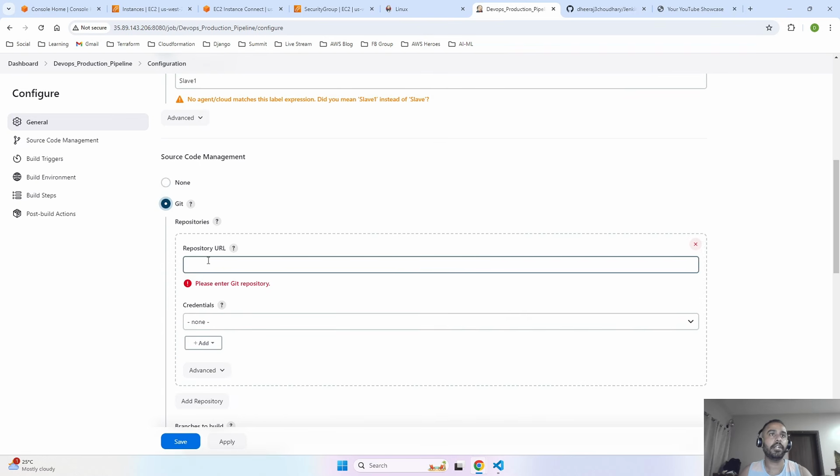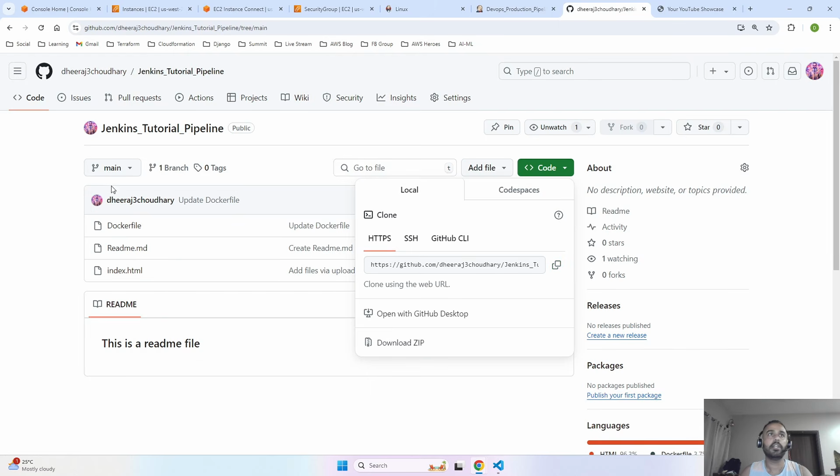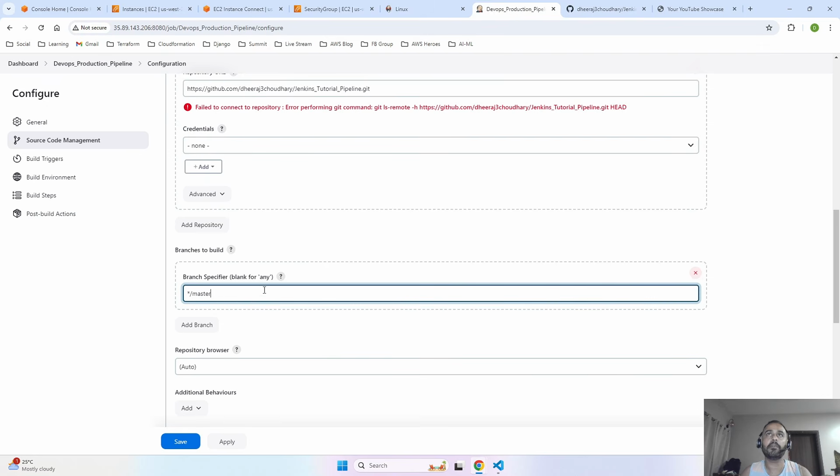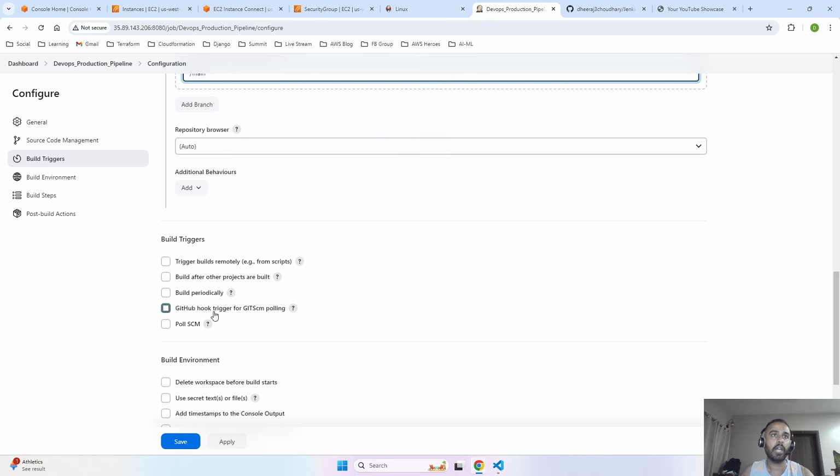Then I will click on Git. Again on Git, I am going to put the GitHub repo. Credentials would be none. Over here, as I said, we have the main branch. So I will just go ahead and put the main branch over here. Once that is done, we will go down, and before creating this job, we have actually established our